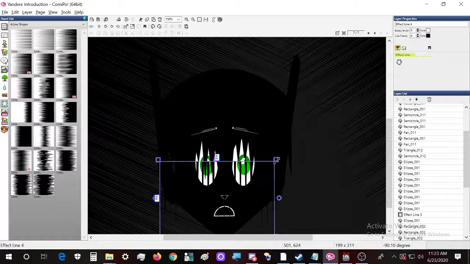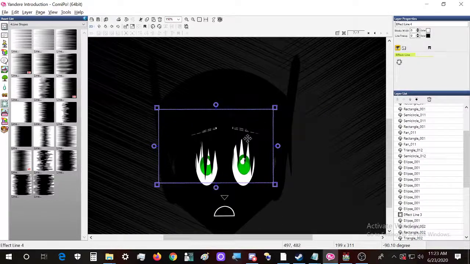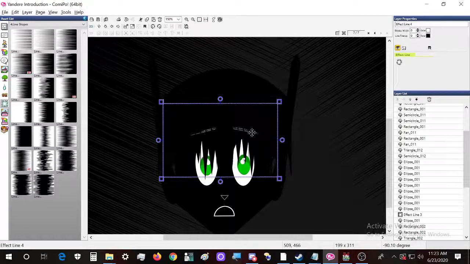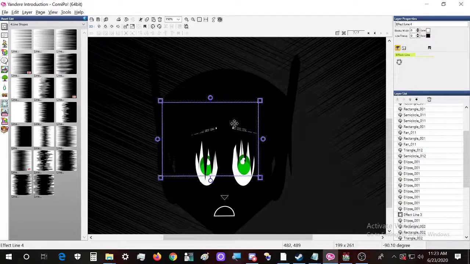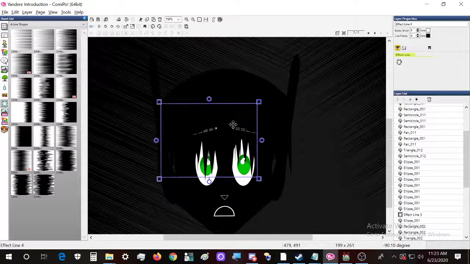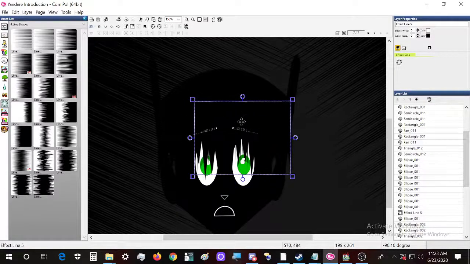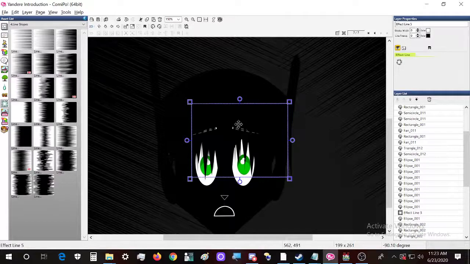Should be something like this. It can actually help. And then like this, because there are other hair bits that also show.